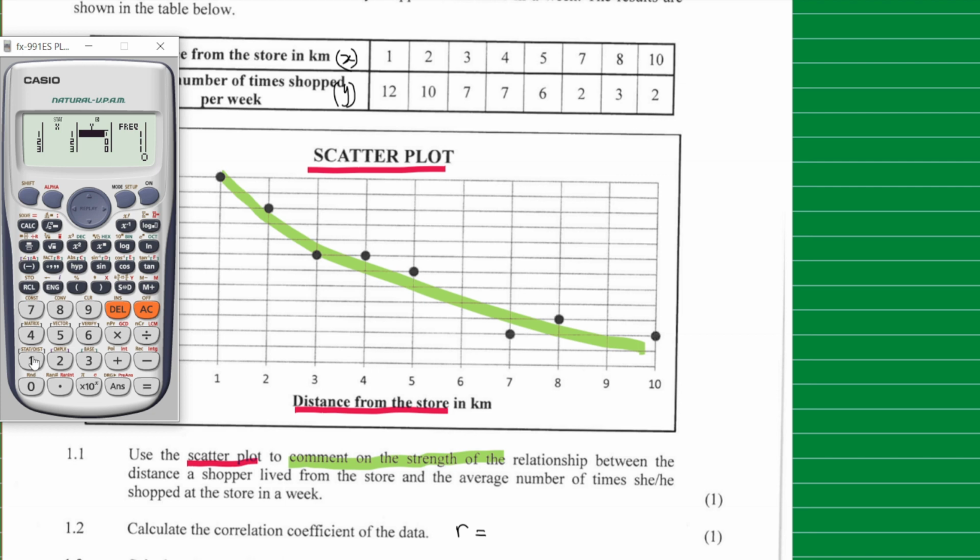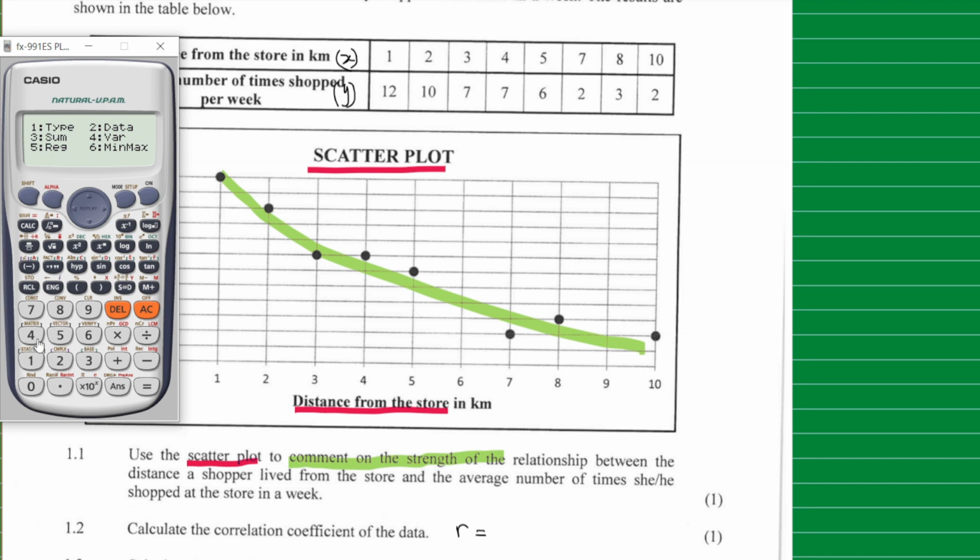So I have 12, 10 equals, 7 equals, 7 equals, another 7, a 6, a 2, 3, and 2. So we have entered that, and now we are going to press AC,